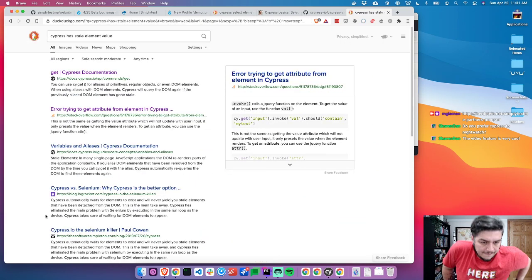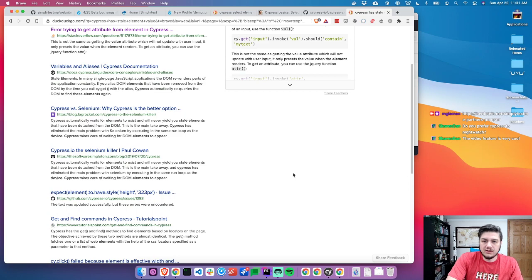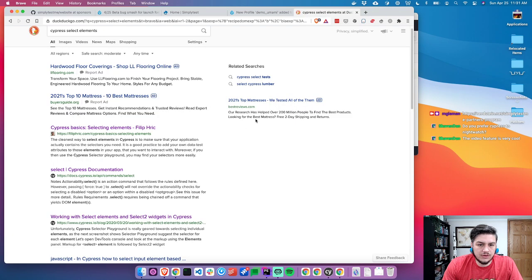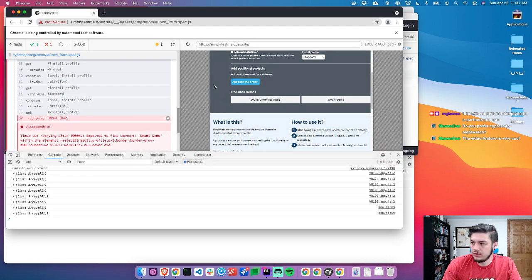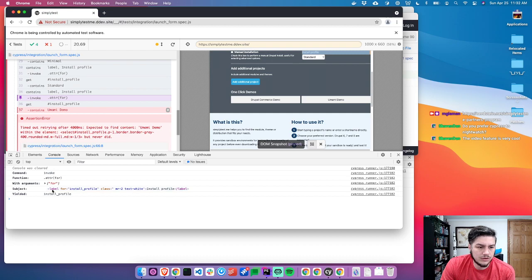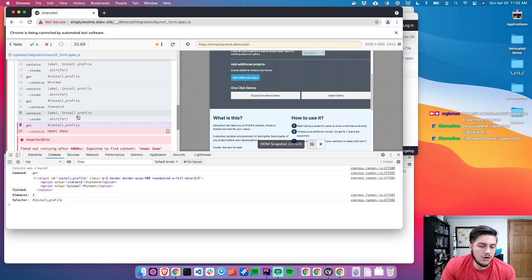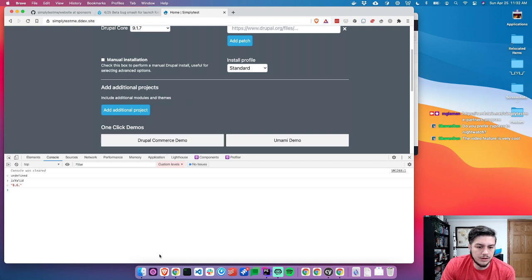Shoot. I don't understand that. Selecting basic elements. So that's really awkward. It select attribute 4. So wait, we got this here. Git install profile. Oh. Oh, I wonder if...